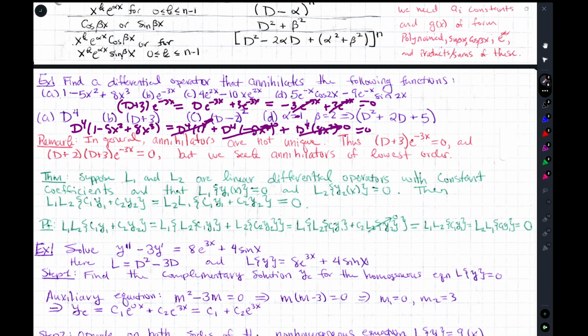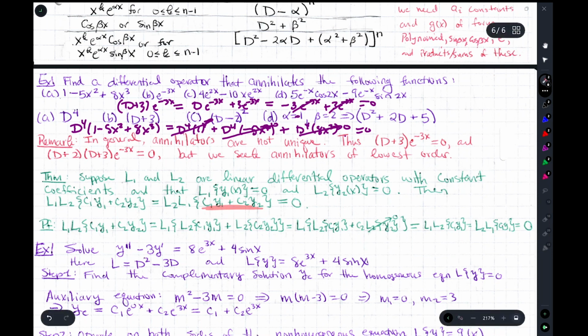So here is a very important theorem for the annihilator method. Suppose L1 and L2 are linear differential operators with constant coefficients, and that L1 annihilates y1 and L2 annihilates y2. Then L1 L2 annihilates this, and of course, since these have constant coefficients, they commute. And so we could have written it this way or that way. So what's the big idea here? The big idea is that if you have one operator that annihilates one function and another operator that annihilates another function, and you take a linear sum of those two functions, some linear combination, c1 y1 plus c2 y2,